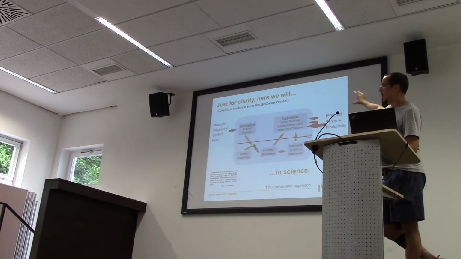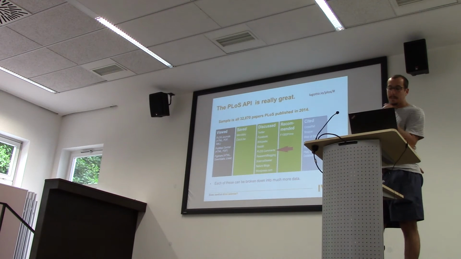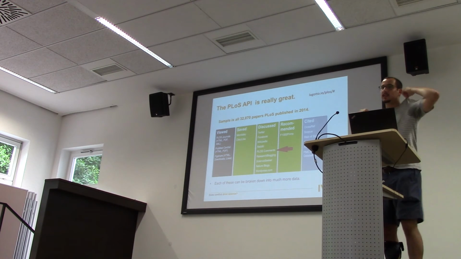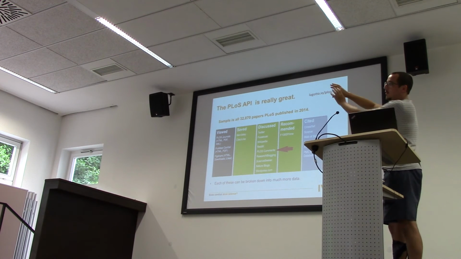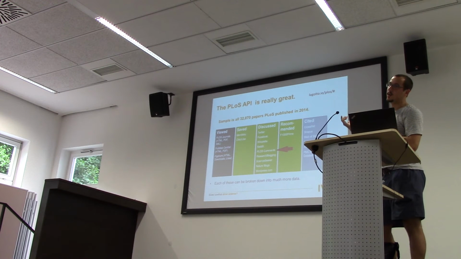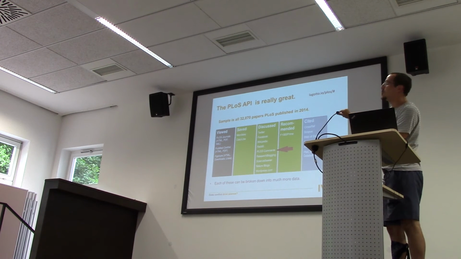We're just sort of looking outside at the things. So the first will be, this is basically the data that I have or could have. The PLOS API, it's really, really good. The sample that I have is all papers that PLOS published in 2014. That's 32,000 papers. And you have all of this data, and all of these can be broken down into many